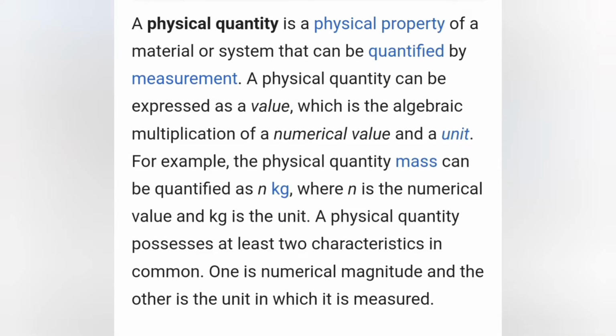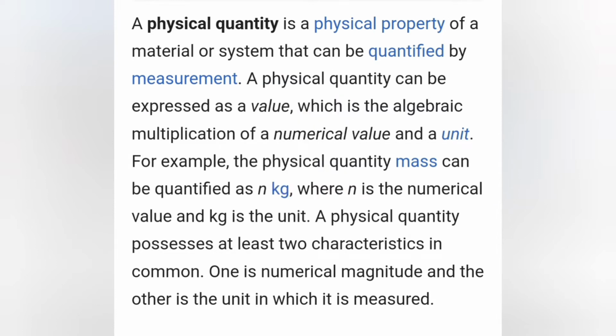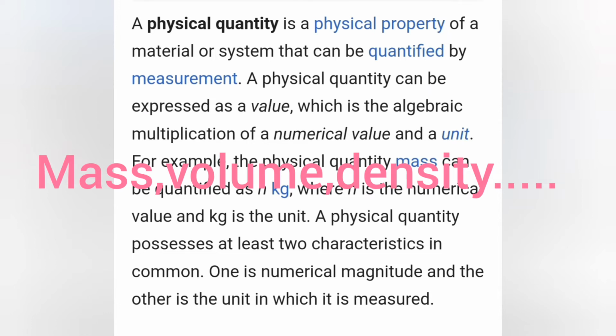So for that we have to understand what is physical quantity. Physical quantity is any quantity that is observable and measurable. That means it can be observed and it can be measured too. So if we take a handful of sand and ask, is it a physical quantity? We will say no. It is a kind of matter. But the volume or the mass or the density of sand can be measured. So we will call mass or volume or density a physical quantity.